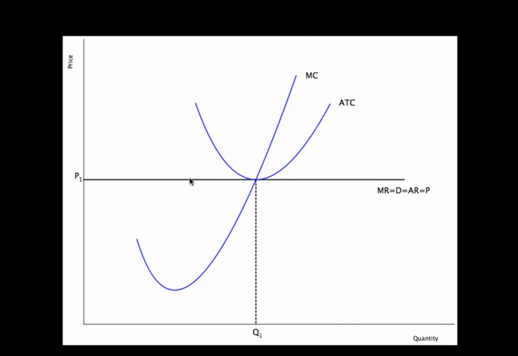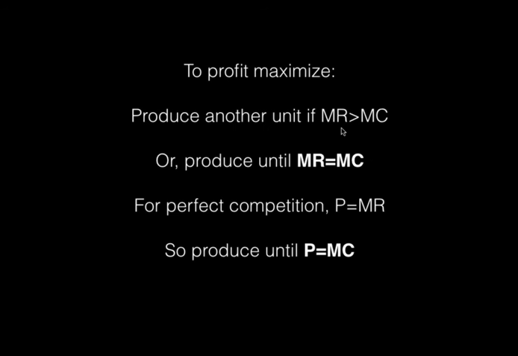And so to produce one more unit, I want to look at what is the extra revenue, the marginal revenue of that extra unit, and what is the marginal cost of that extra unit. So remember, this is marginal revenue, this is marginal cost, and if marginal revenue is greater than marginal cost, then I want to produce one more unit. So to profit maximize, I'm going to keep producing as long as marginal revenue is greater than marginal cost,